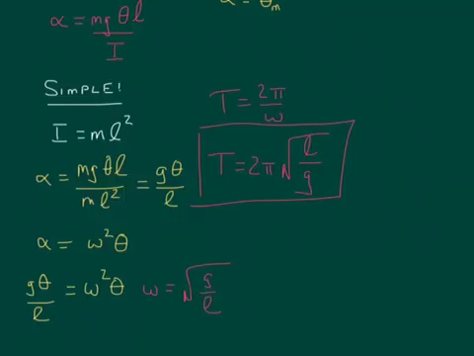You need to know the angular displacement function. So one of the very first things we did, you need to know that theta equals theta max times the cosine of omega t. The rest of this is really just derivations. Again, this is for a simple pendulum only. If we have a physical pendulum,